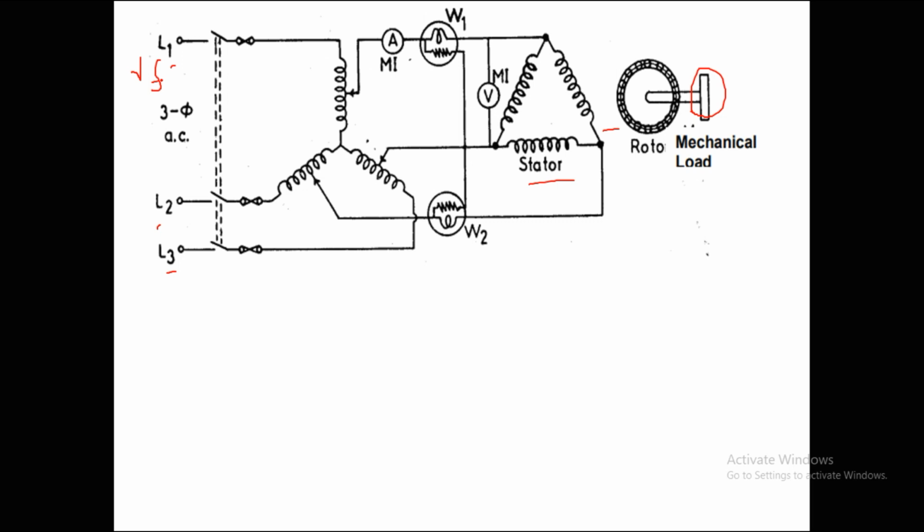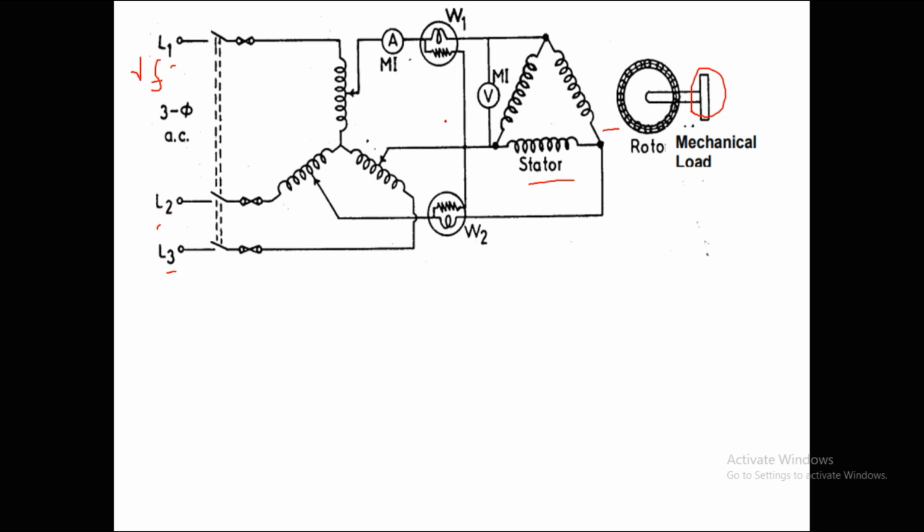So we have to connect an ammeter for measuring the current entering into the machine. We know the ammeter has to be connected in series with any of the lines, and for measuring the supply voltage we go with a voltmeter, which should be in parallel between any of the lines. Here we are measuring the line voltage, so we have a voltmeter between line 1 and line 2.